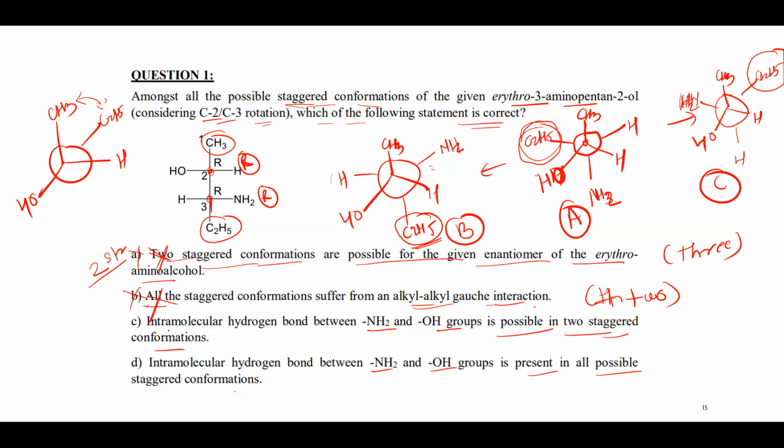The third one is that the intramolecular hydrogen bond between NH2 and OH group is possible in two staggered conformations. What they have mentioned is intramolecular. Intramolecular means within a molecule, and intermolecular means between two different molecules. So now they have mentioned there should be a